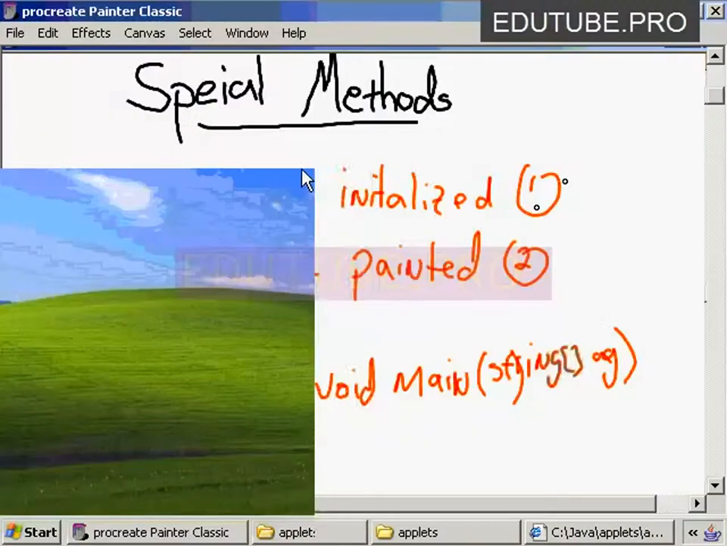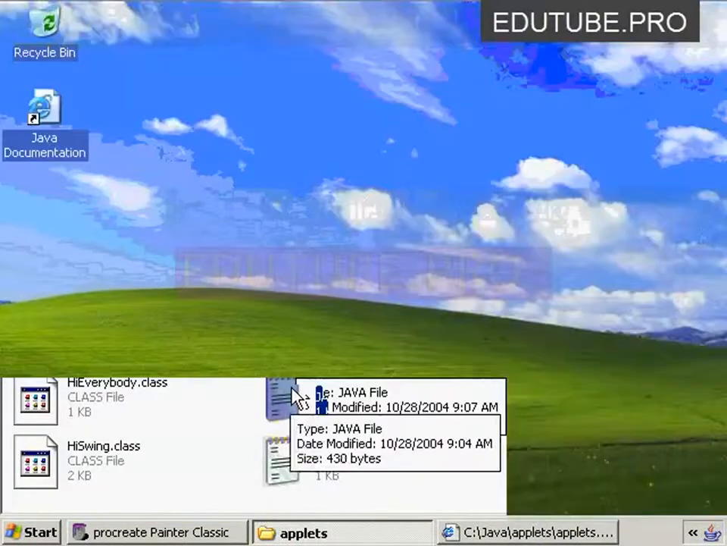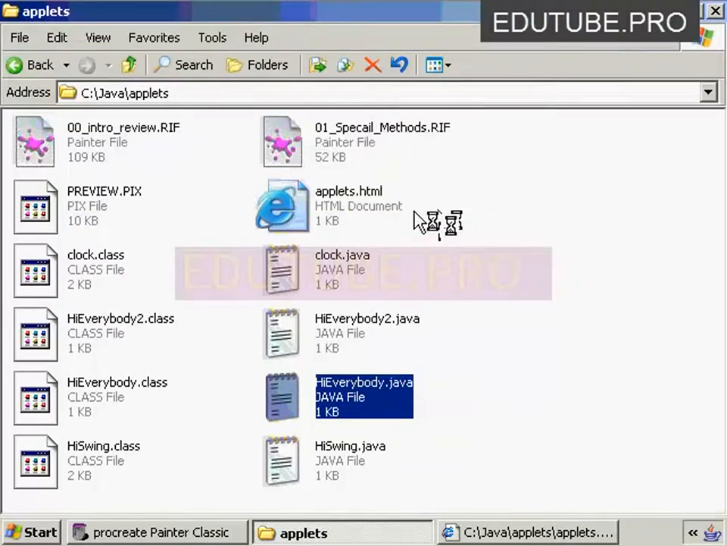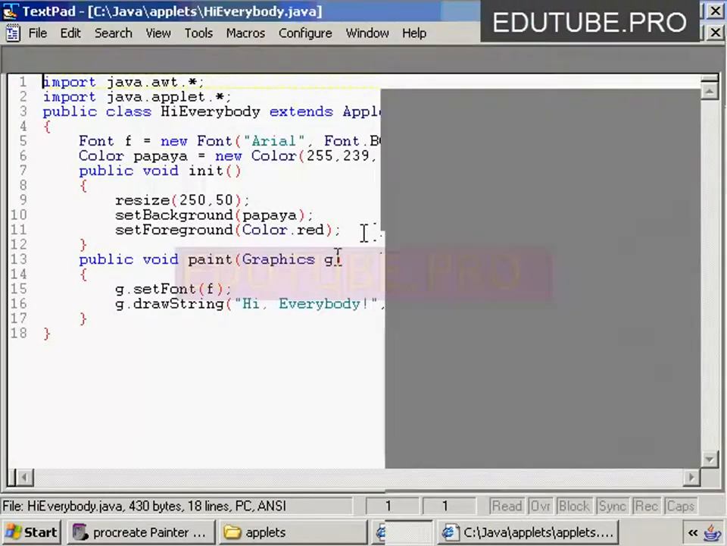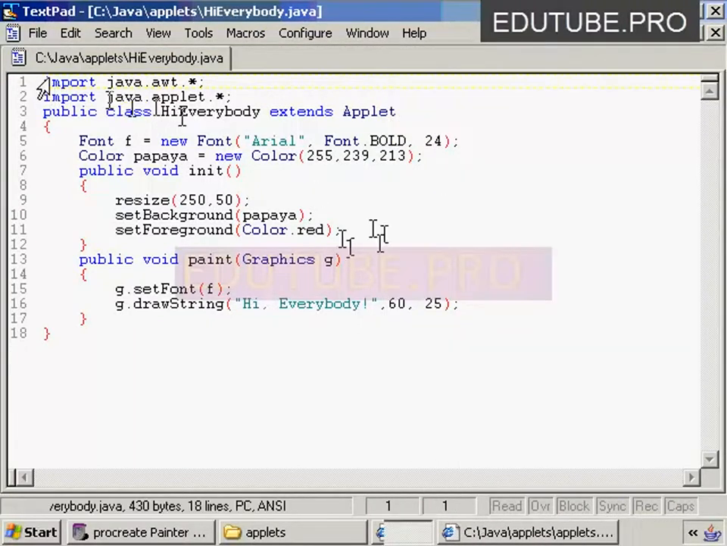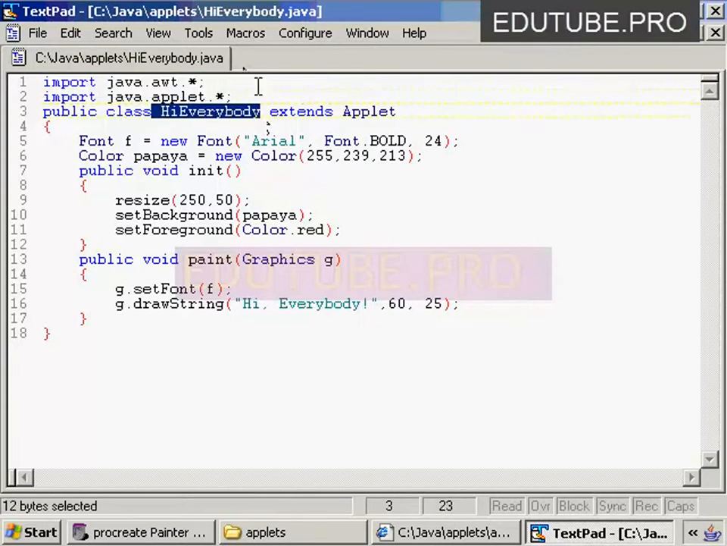So now let's take a look at the code behind a fairly simple applet. We're going to start off with my Hi Everybody applet. This is going to be an example of an AWT applet. Again, the first generation kind of applet, using the Abstract Windowing Toolkit. Now, in order to create an applet, I have to import the following packages: java.awt and java.applet. And then the class that I create, in this example I called it Hi Everybody, must extend the Applet class. You have to extend the Applet class. That's what makes your applet an applet. Because if